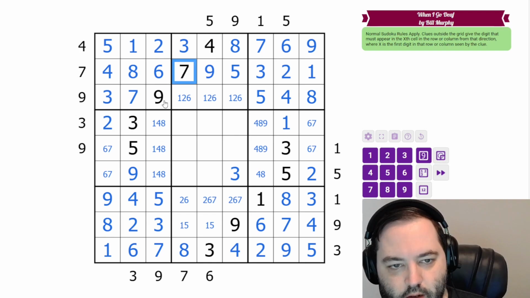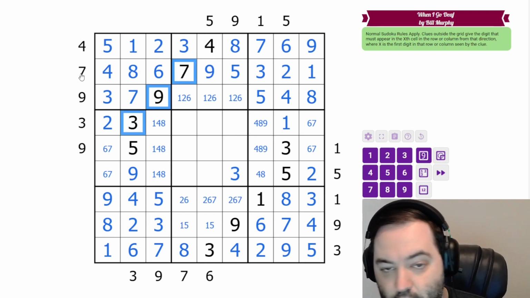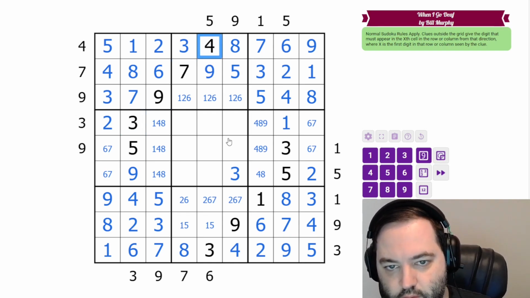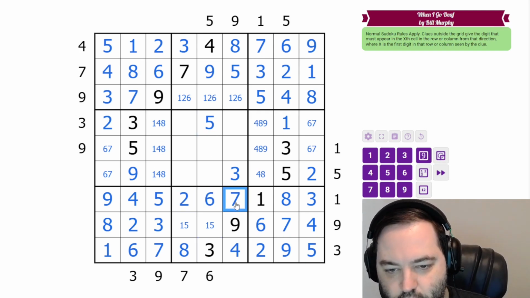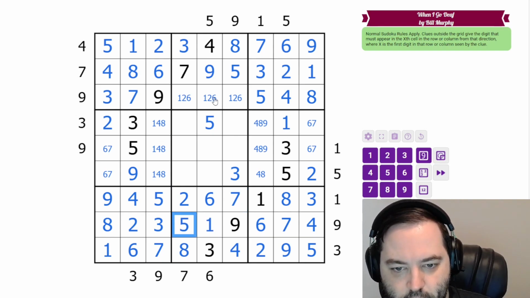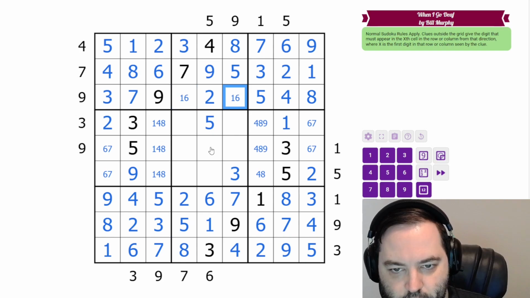So, in all of these cases, we had the digit that is being given by the clue. But in these cases, we have the first cell, so we know what X is. So this is saying that 5 appears in the 4th cell. This is saying that 6 appears in the 3rd cell. That's going to give us 2, 7 there, 1, 5 here, 2,